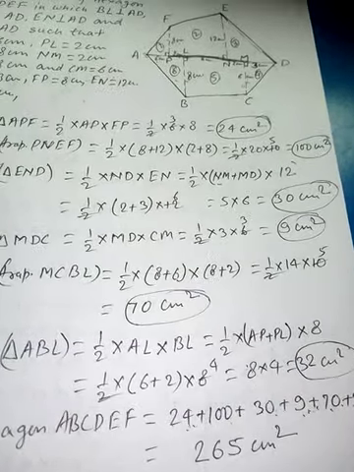Students, now I think you understand how you can find out the area of a given polygon. Sometimes in the figure all the measurements are given, and you just find out the area of the given polygon by dividing it and finding the sum of the given parts of the polygon.